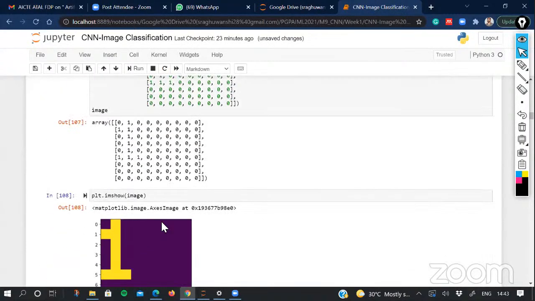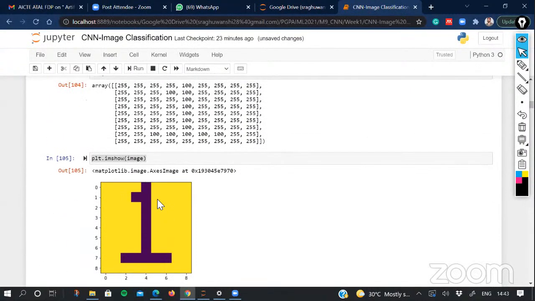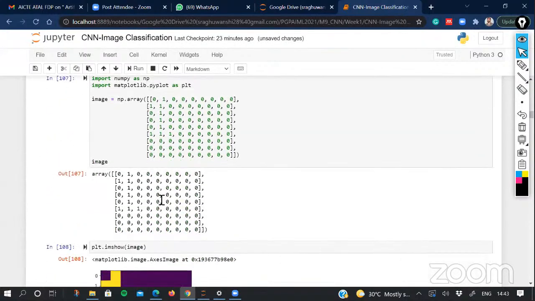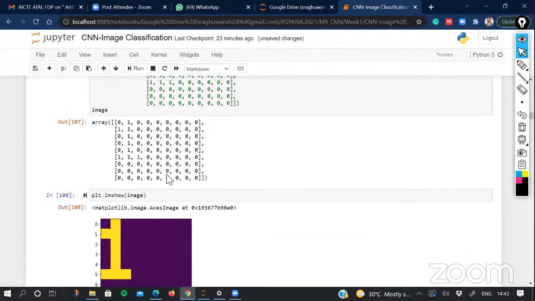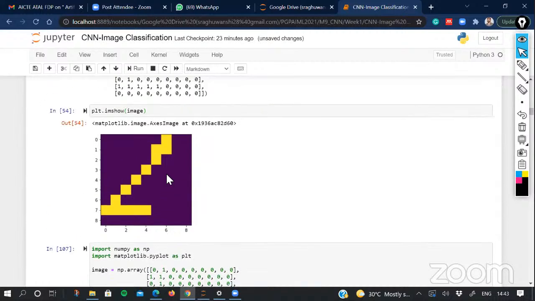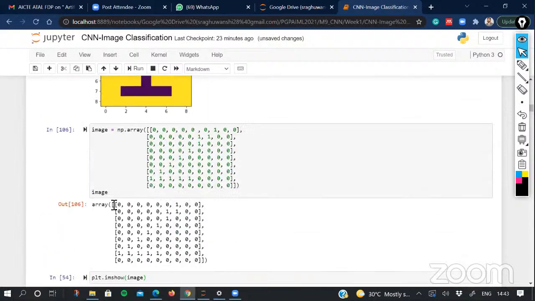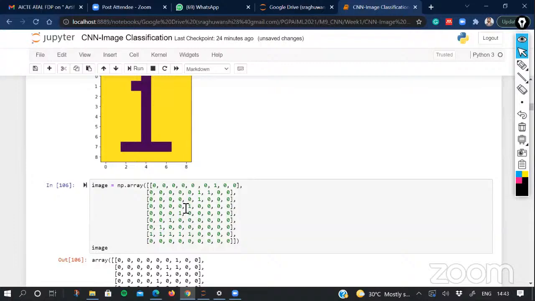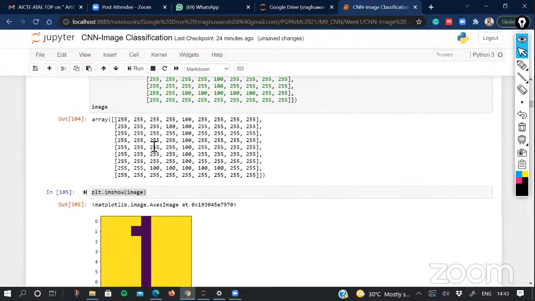When we look at all these 5 images, they must all be labeled with label 1, because all these images are representing the image of 1. But when we take these numbers for classification with any machine learning, you can see that these numbers are changing with respect to each of these representations.